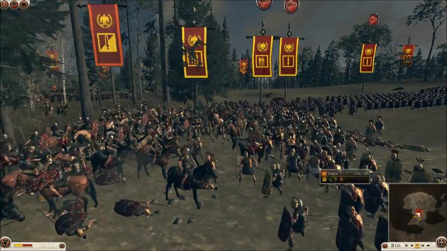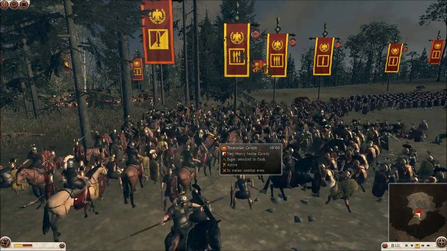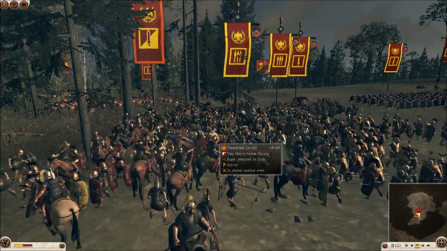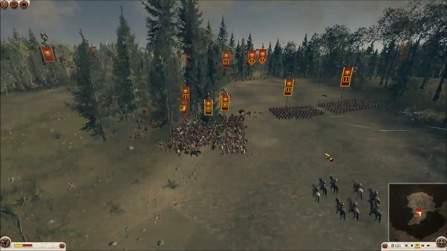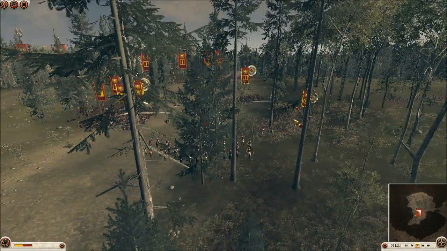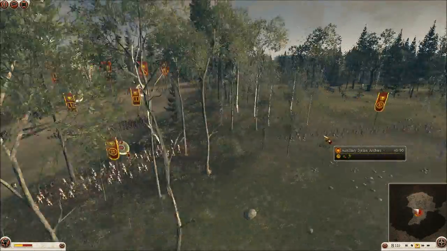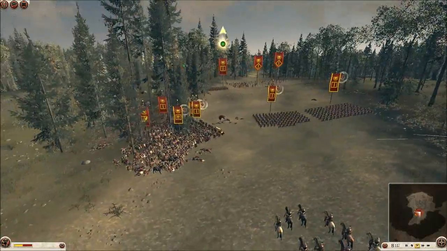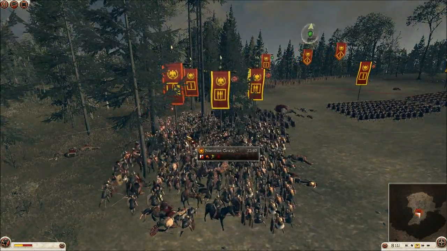And I've got my second unit of Triarii in now to just hack away at his Praetorian cav, and they will do so with relative ease. His elephants are down, by the way, before they even touch my Praetorians lining up. So this is what I have now. I have a unit of auxiliary Syrian archers, another unit which has no ammo. I have a couple of units of Praetorians with 2 units of Triarii against his Praetorian cavalry,